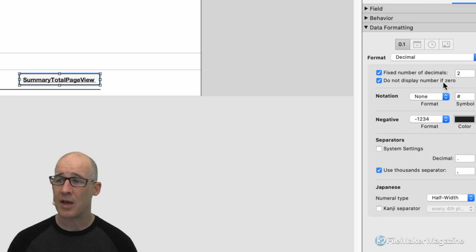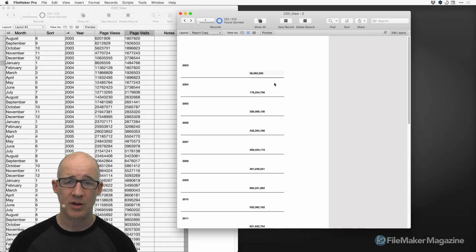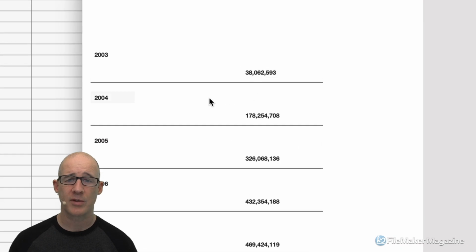Do not display if number is 0. Okay, we'll just turn that off right there because that's if the number is 0. I was a little confused right there. Forget the decimals. We won't use them. We can always get the result of what we're looking for in terms of the data. So let's take a look at the final part